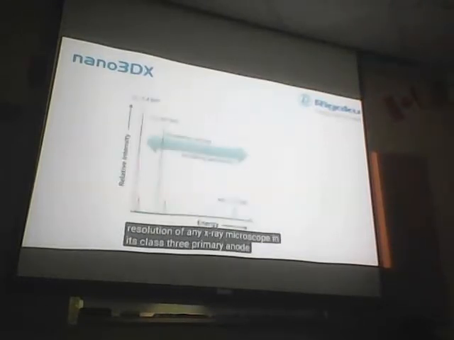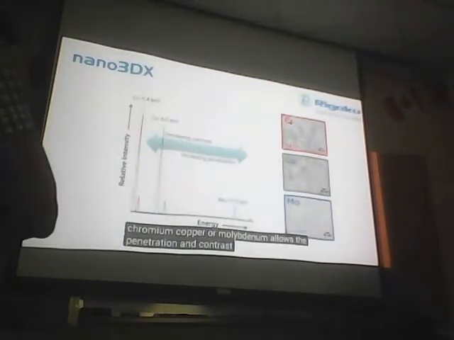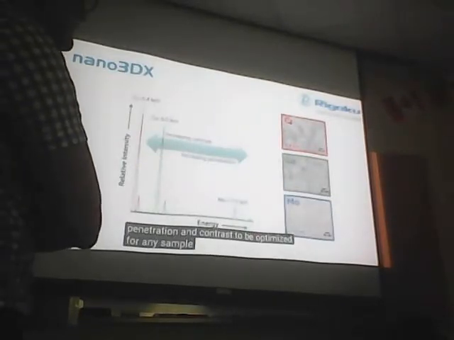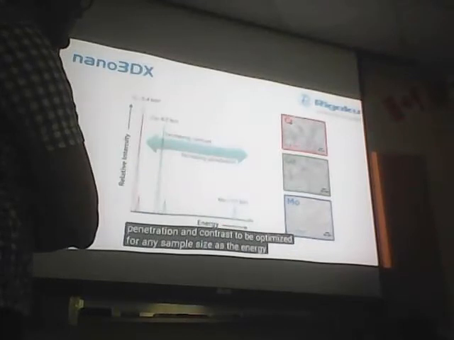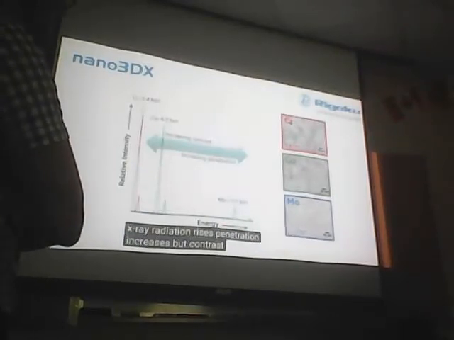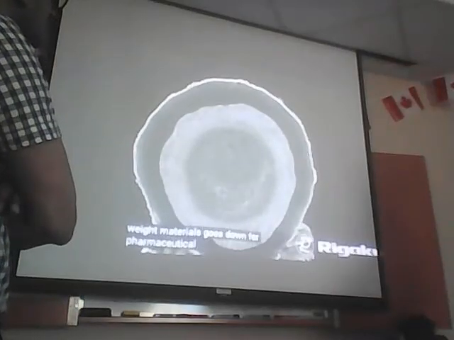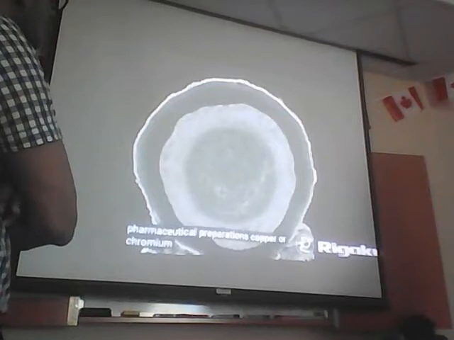3 primary anode materials are available for use in the Nano 3DX, with each anode delivering a different X-ray energy level. The choice of chromium, copper, or molybdenum allows the penetration and contrast to be optimized for any sample size. As the energy of the X-ray radiation rises, penetration increases, but contrast for low atomic weight materials goes down. For pharmaceutical preparations, copper or